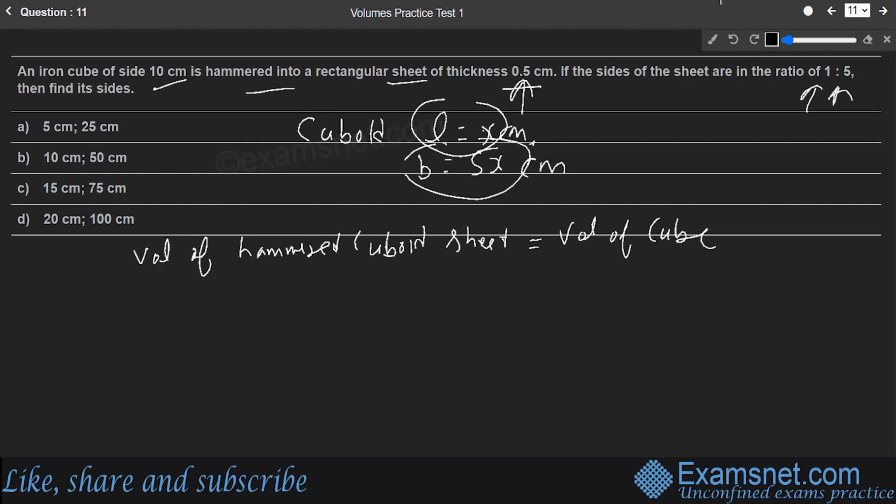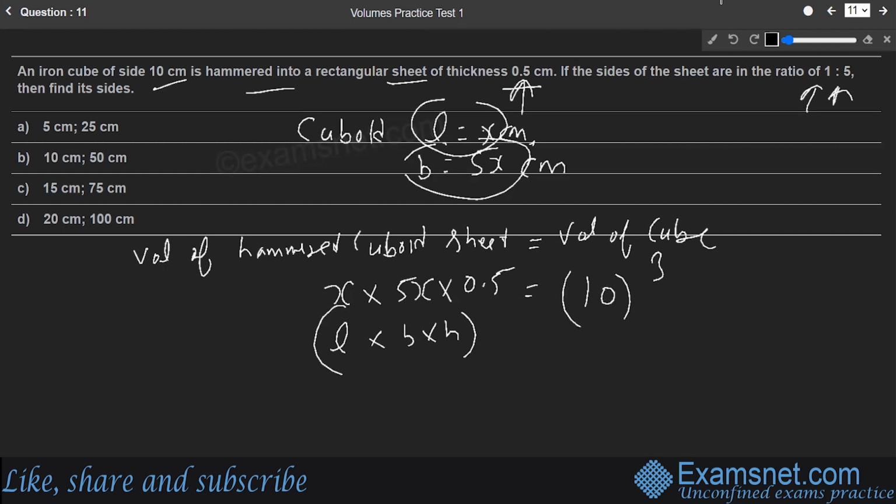These are the dimensions. Now the volume of the hammered cuboid we need to calculate. After the cuboid has been hammered, the length has become x, the breadth has become 5x, and the thickness is already mentioned as 0.5. So length into breadth into height, that is the formula for the volume of a cuboid, is equal to the volume of the cube. Volume of the cube is always given by side cube. Side value is 10, so it is going to be 10 cube. So we need to solve for x. So x square comes out to be 10 into 10 into 10, which is 1000, divided by 0.5 into 5. If we solve this further, x square comes out to be 400,